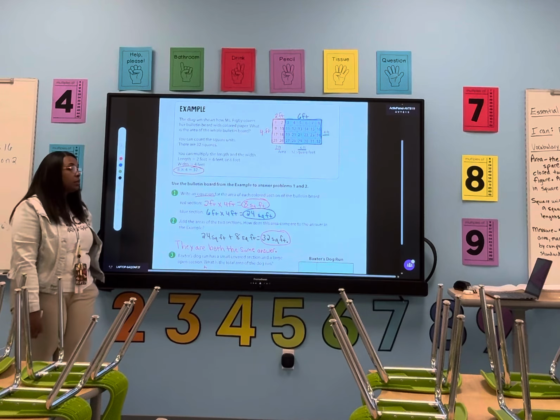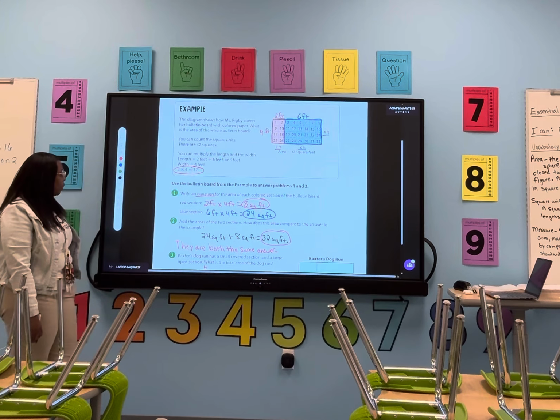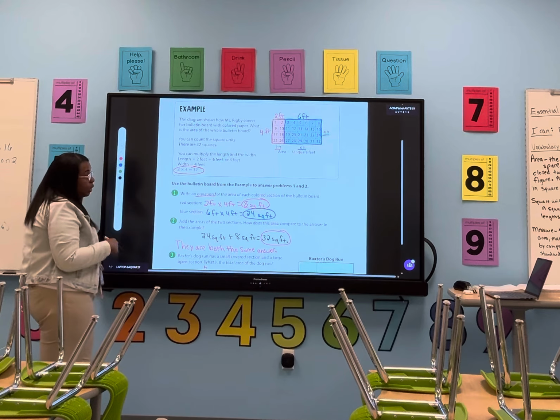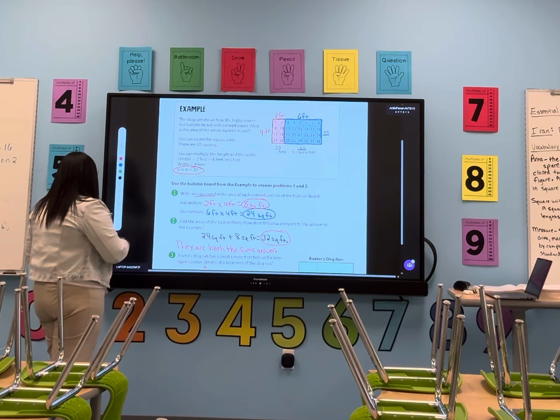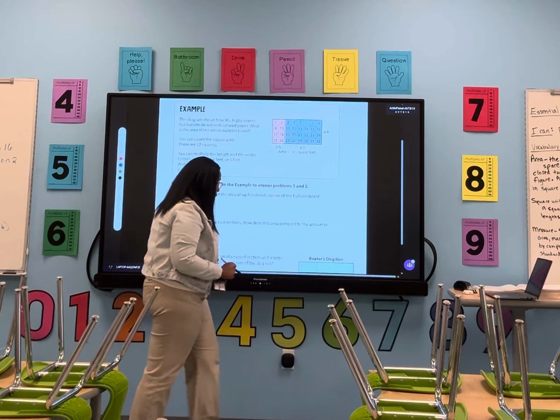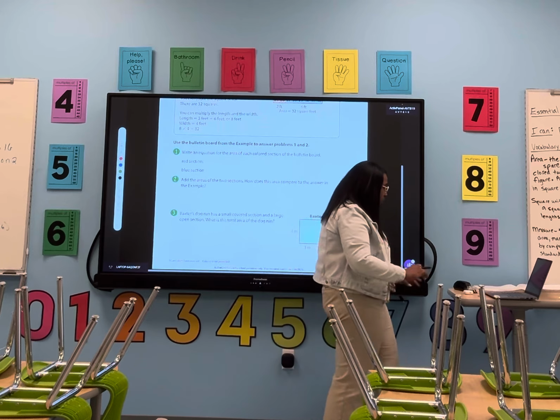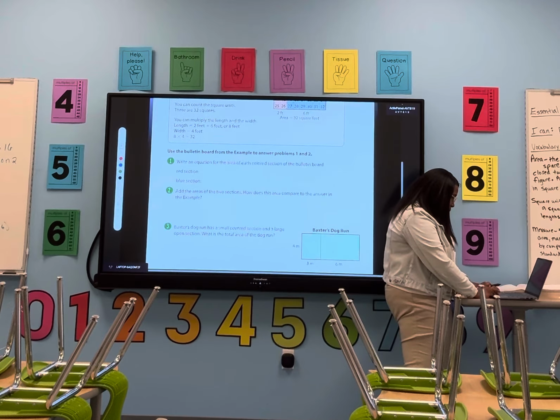Okay, and that is number 2. So now we're gonna go ahead and go to number 3. That means I'm gonna have to clear off my board so that I can move my screen up. So I'm gonna do that now. So number 3 says, now I can zoom in number 3 a little bigger because